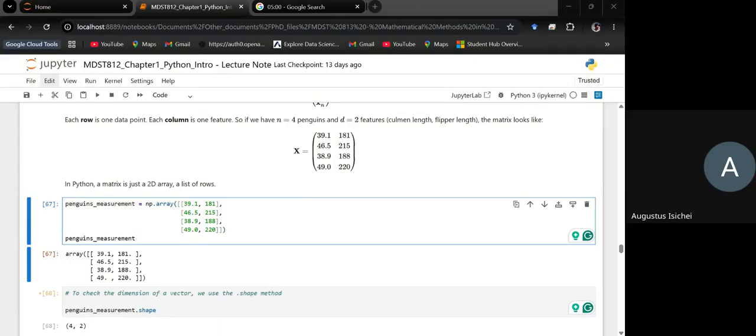Hello, am I communicating? Beautiful. All right. So before we go further, I want us to see how to access the elements in these data points. How to access the elements in data points. Now remember that in